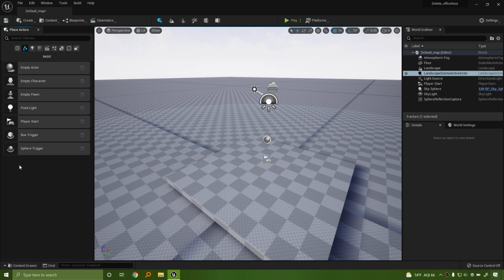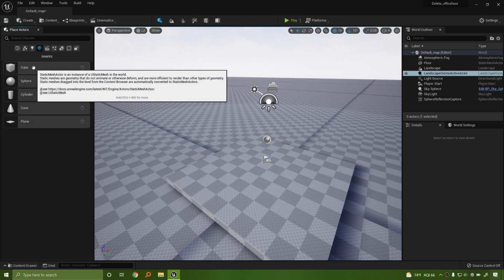In UE4, you'll see a geometry panel on the left, I believe. But for the UE5 folks, you'll see a geometry panel up here. Don't be fooled. Remember how I talked about how under shapes, for example, these are SMAs or static mesh actors. Static mesh actors at one point had a life as a polygonal object. That's why they are referred to as static mesh actors.